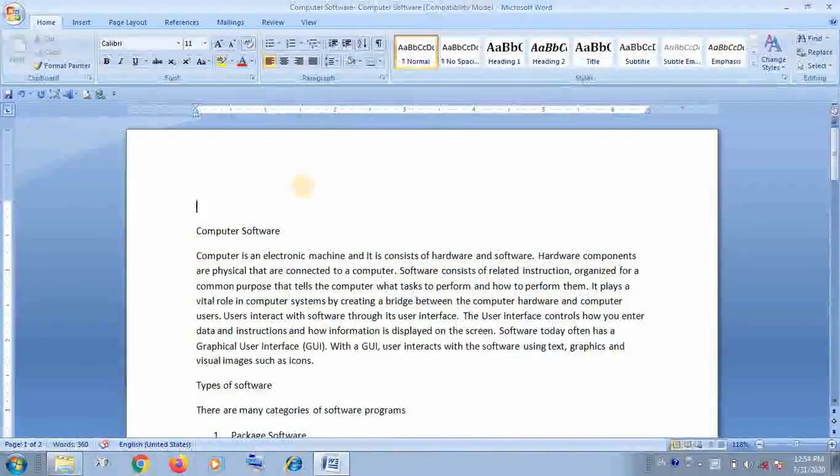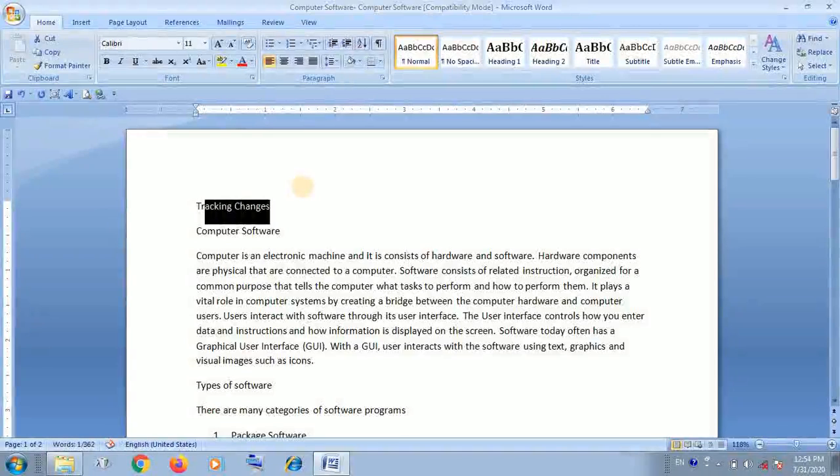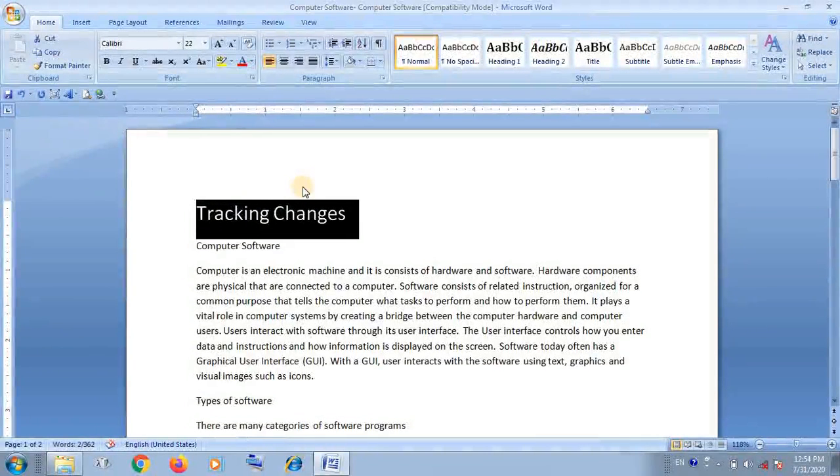Tracking changes. This is the option for protection of any file's content.